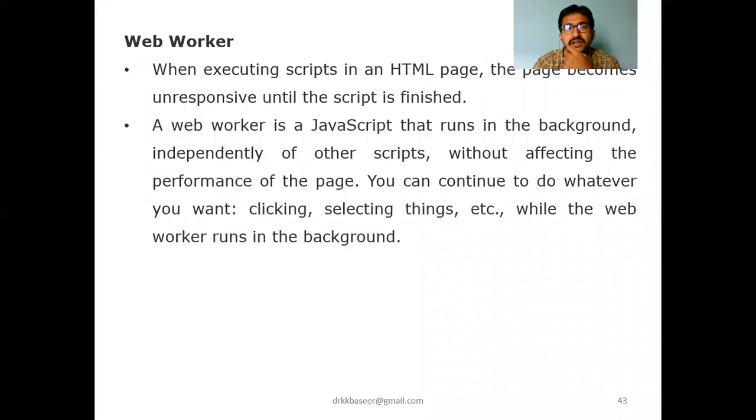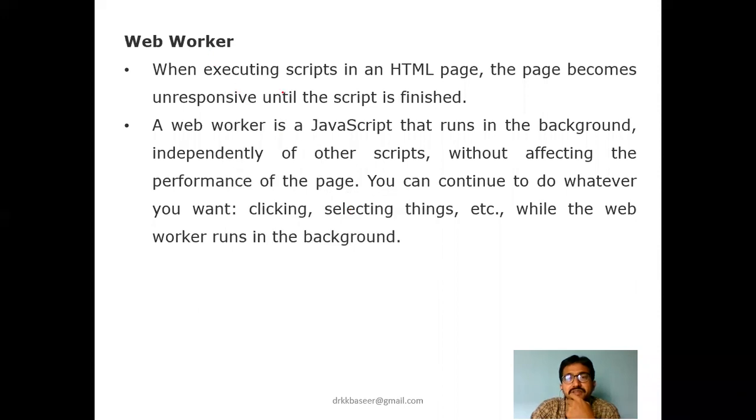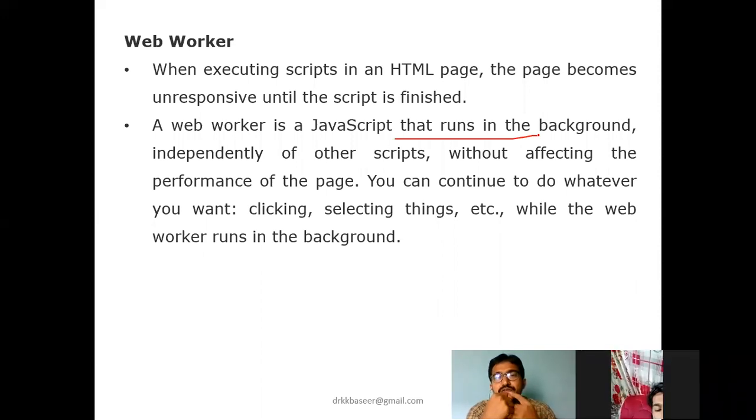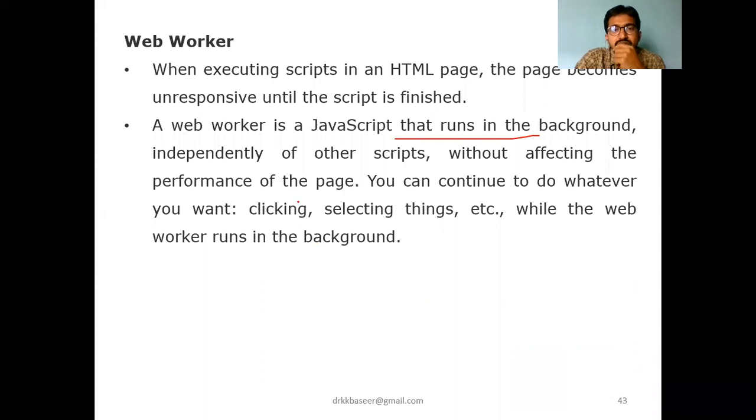That's about the WebSocket. The last sub technique under this web communication is the web worker. So, if you see clearly, the web worker deals with the page being unresponsive until the script is finished. In the sense, a web worker is JavaScript that runs in the background. Normally, whenever any front-end process is running, until it is complete, it will not allow you to execute anything else. Like just now, we had a script asking to allow the position or not. Until you click on that button, it will not allow you to run it.